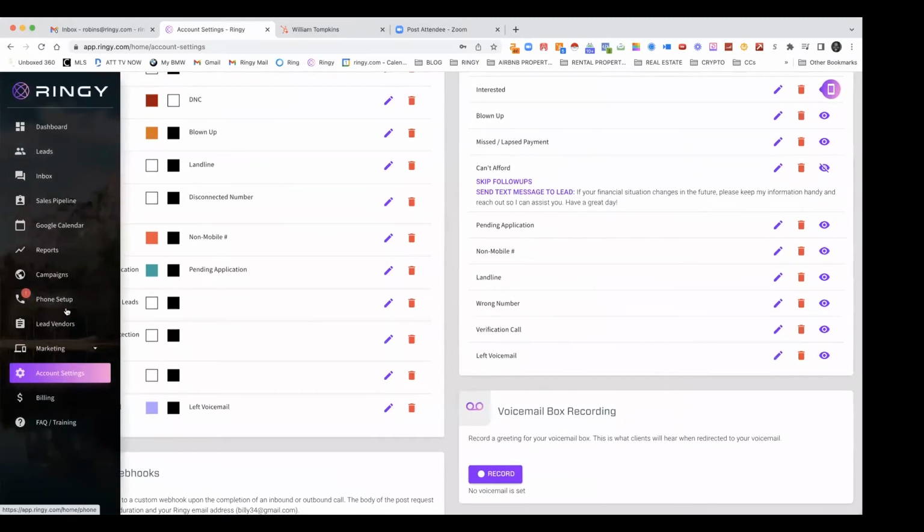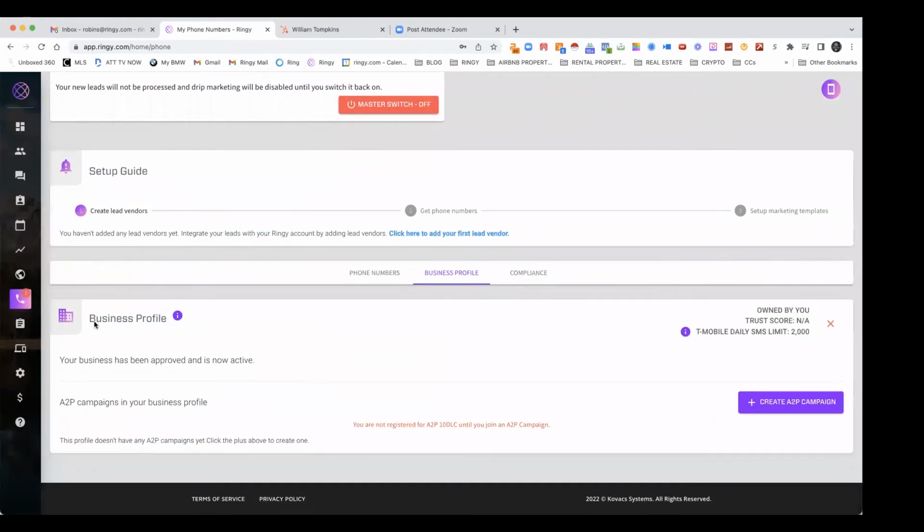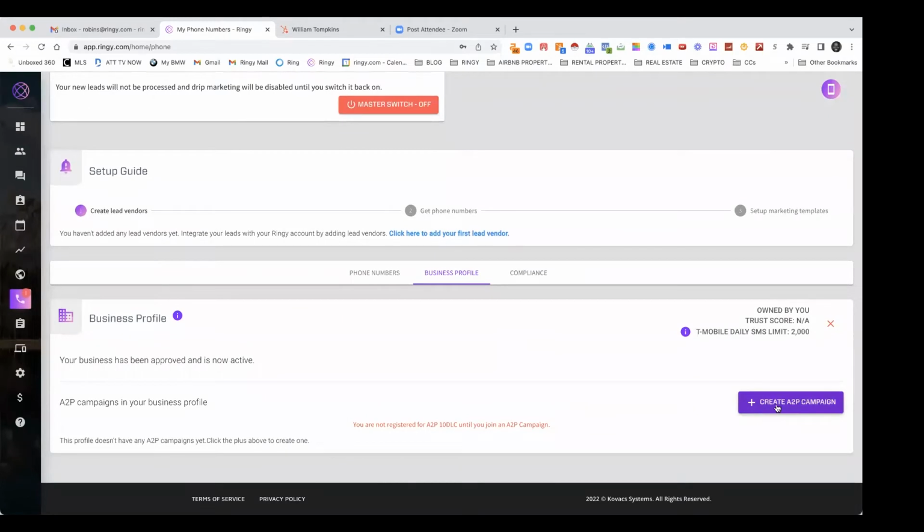Now let's go back to the business profile. Let's see, that should be approved by now, right? So the business profile has been approved. So that's for the starter profile. Now all we're gonna do here is set up the A2P campaign, and this will give us our final approval. So all I simply do is go in here,